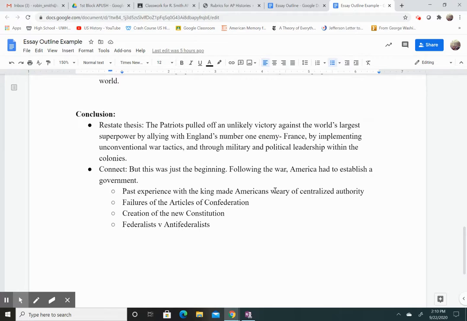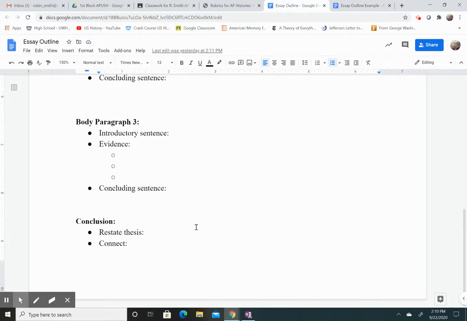And then in my conclusion, you're simply going to restate your thesis. This can be the exact same version of the thesis statement that you used in your introductory paragraph. And then you want to connect this to later events. So for example, in this essay, I'm connecting it to events that happened after the American Revolutionary War. In your essay outline, you might make connections to things that happen like the beginning of the Revolutionary War or the Declaration of Independence, or maybe the end of the war later, depending on how far you go in your